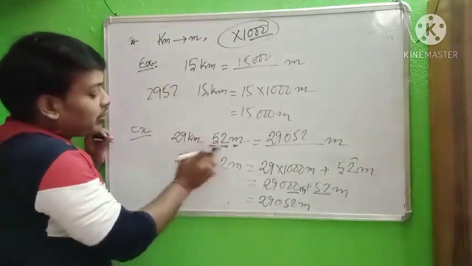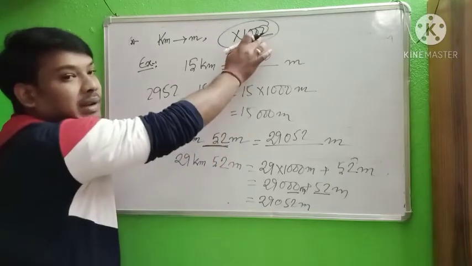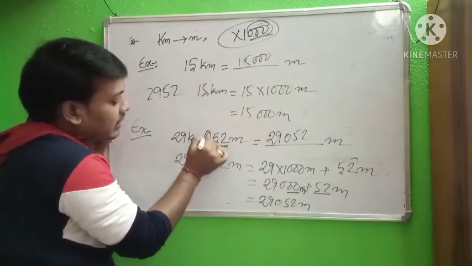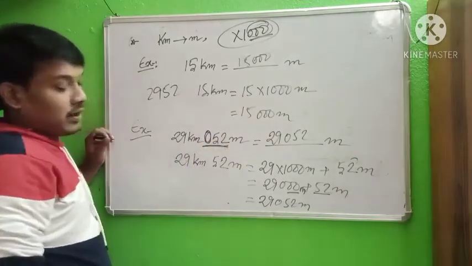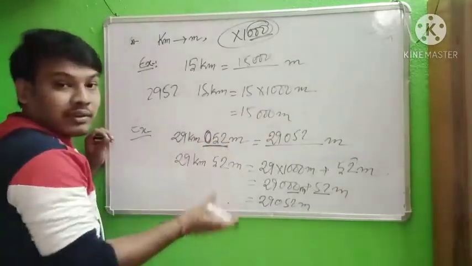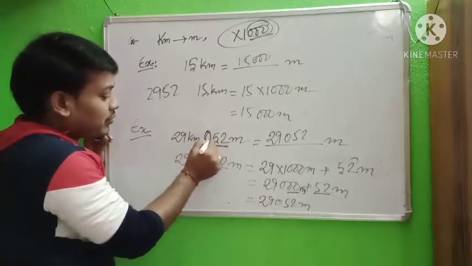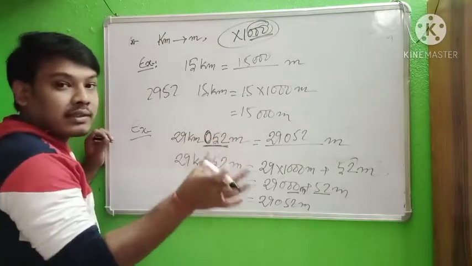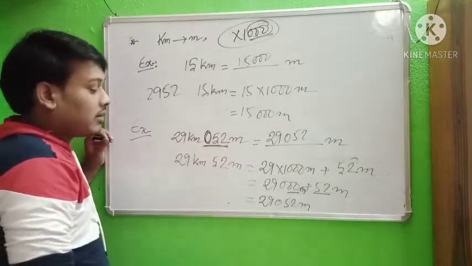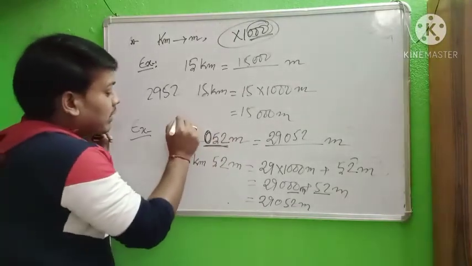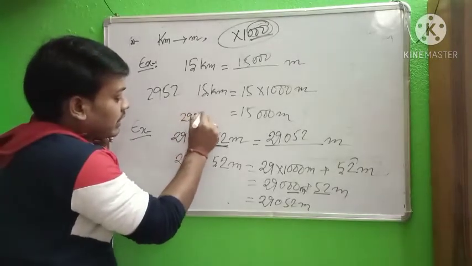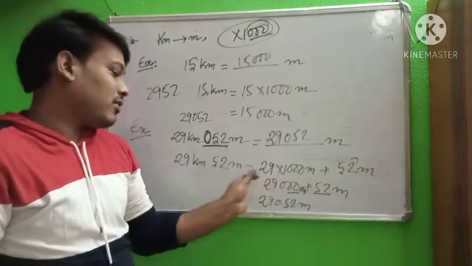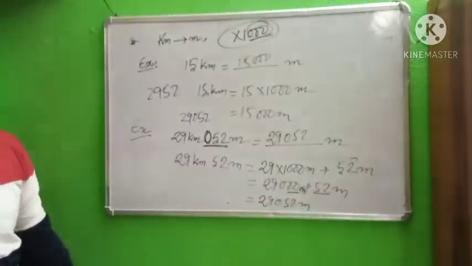So when kilometer to meter, that means multiplied by 1000, three zeros, that means three digits always sit in the meter place. So 052, and 52 is the same. So first you make 052, because in the meter place there is always a three digit number. Okay, so what is the answer? Now your answer is correct, but as previously we solve by process.